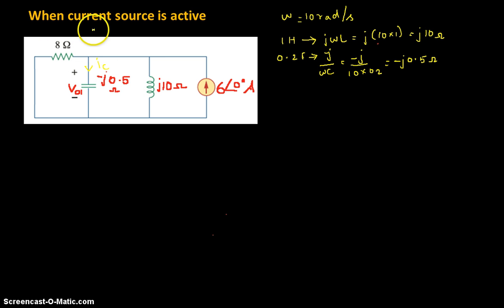They are in parallel, so the resistor is parallel with j10 ohms. When we find out, the value will be 4.878 plus j3.902 ohms. Now redraw the circuit with this new impedance value, which will be parallel to the capacitor